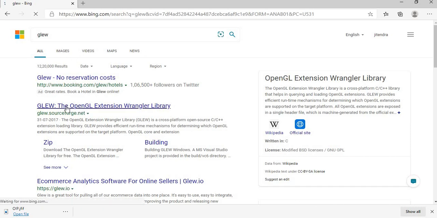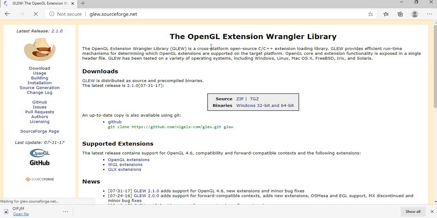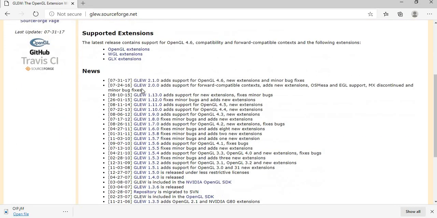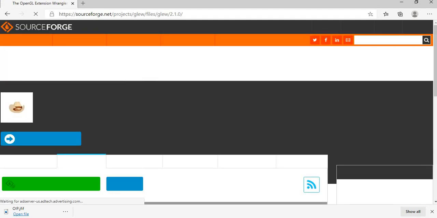So you can see the OpenGL extension library, GLEW. You can take the latest version of GLEW, which currently supports the 4.6 extension. You need to click here and download it.